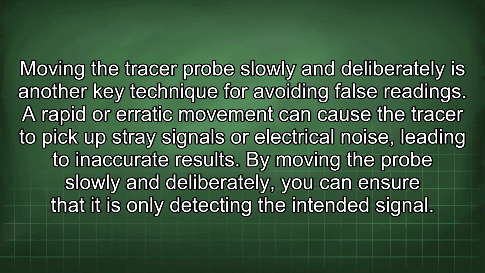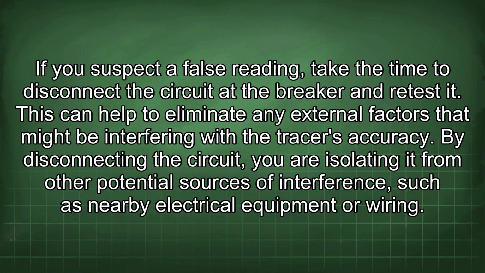Moving the tracer probe slowly and deliberately is another key technique for avoiding false readings. A rapid or erratic movement can cause the tracer to pick up stray signals or electrical noise, leading to inaccurate results. By moving the probe slowly and deliberately, you can ensure that it is only detecting the intended signal. If you suspect a false reading, take the time to disconnect the circuit at the breaker and retest it. This can help to eliminate any external factors that might be interfering with the tracer's accuracy. By disconnecting the circuit, you are isolating it from other potential sources of interference, such as nearby electrical equipment or